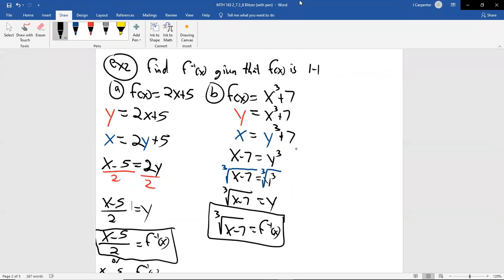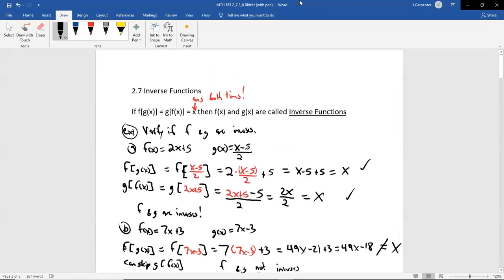So now what you could do is, if I gave you another example and I said, if you have f of x equals x cubed plus 7 and g of x equals the cube root of x minus 7, and I asked you to prove that they're inverses, sure, you could do the composition both ways, but you could also say, well, hey, if I start with one and I do this process, I can get the other, which is exactly what I said g of x is. Boom, they're inverses. So this is an alternative method to have done example 1.